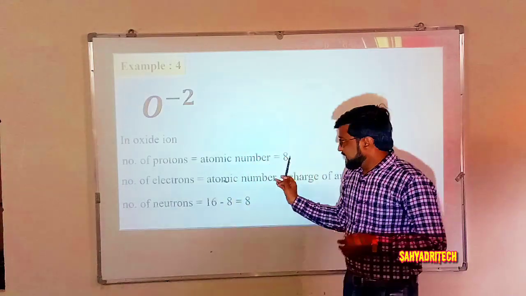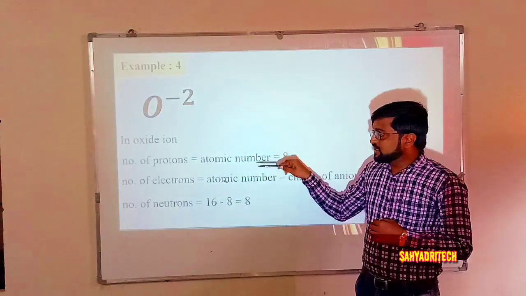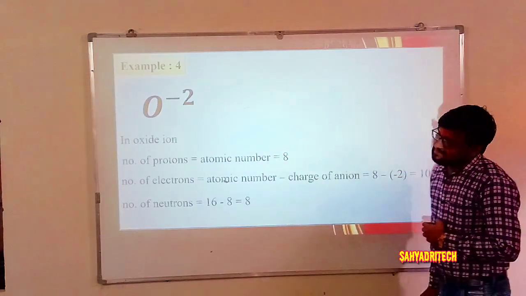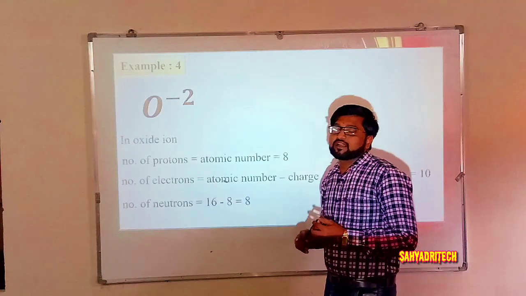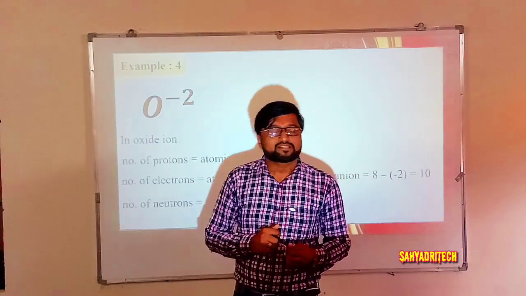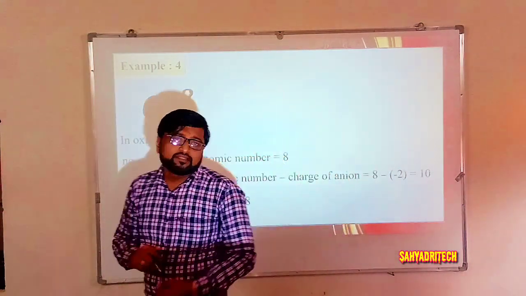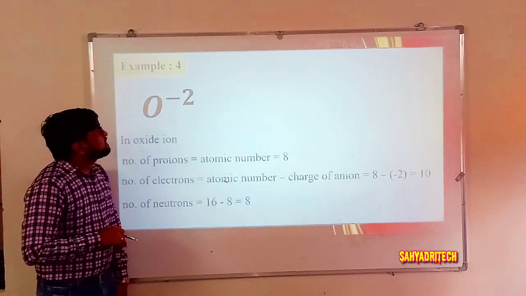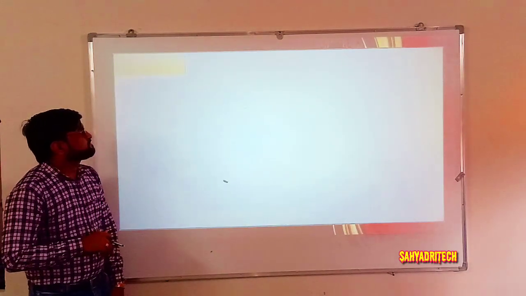out of which 8 protons are present in the nucleus, 10 electrons are revolving around the nucleus, and 8 neutrons are also present in the nucleus. Well, I hope you are getting these concepts. Then coming to the next example,